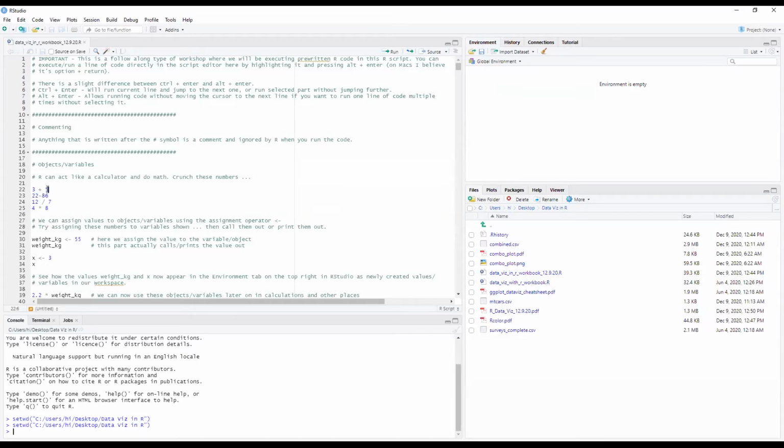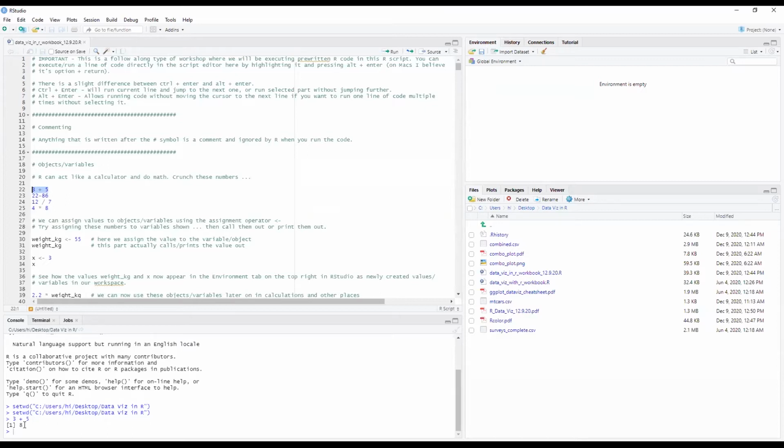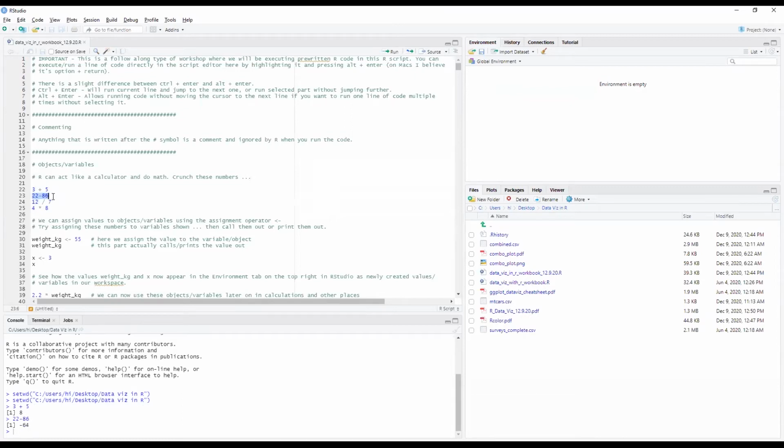The way I do it is I highlight the line that I want to run, and I use a shortcut. I use Alt-Enter. And you can see here, 3 + 5 = 8. It ran this one line of code for me. I can go through each of these lines and execute it without having to type anything out. So this is what we're going to be using in order to slowly execute each line of code and see what it does. On Macs, I believe it's Option Return or Option Enter. You're going to have to correct me if I'm wrong here.